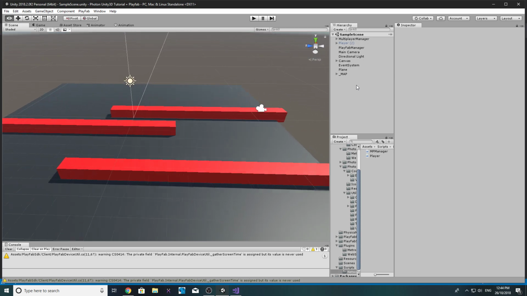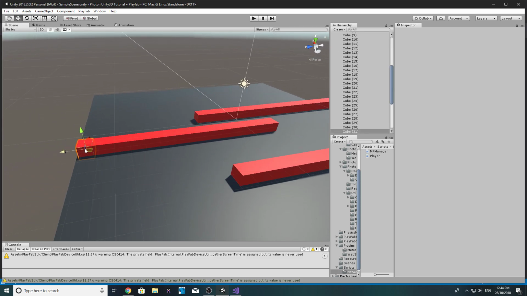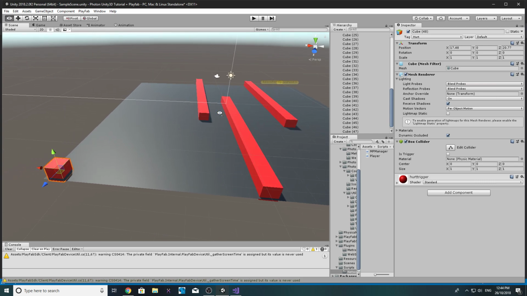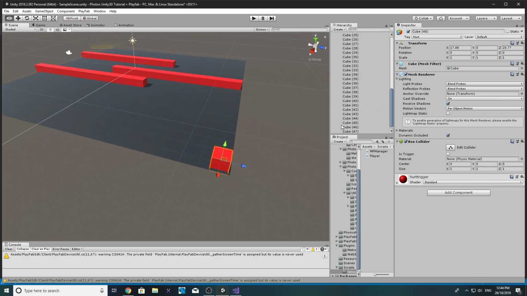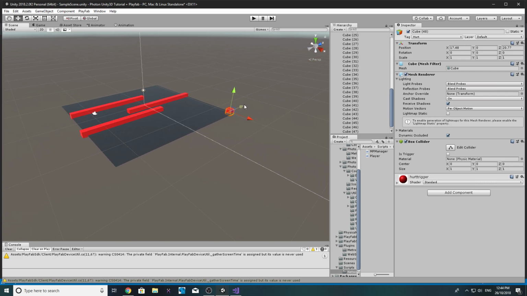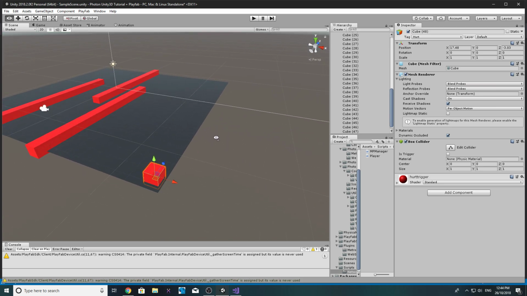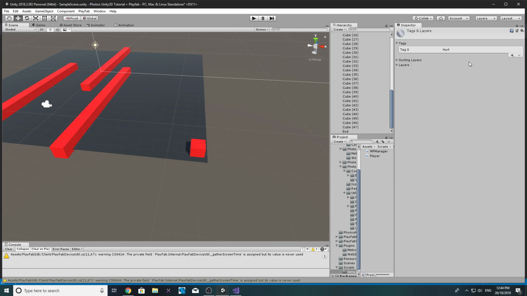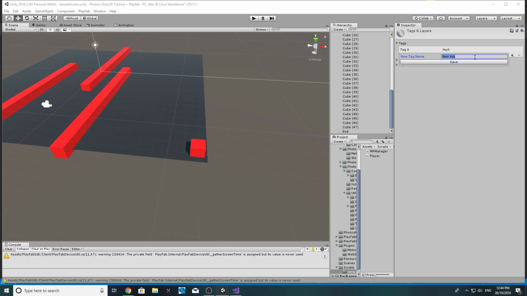So the first thing we want to add is a new block, and this block is going to be the endpoint. So we can drag that over here. Let's drag it on this end, just to make it a little bit more tricky for the players. Okay, so I'm going to call this block end. I'm also going to give it a new tag called end,